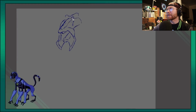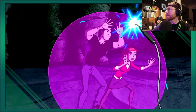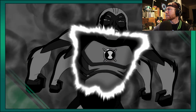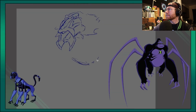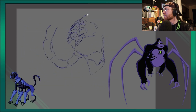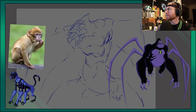Spider Monkey is an all-around pretty useful alien. But when a blowtorch went rogue, we were introduced to one of the most nothing quote-unquote upgrades of the UAF era, and that is Ultimate Spider Monkey. Legitimately, I rank this guy in the same place as the Ultimate Wild Mutt or Way Big situations, where nothing really changed except their design, kind of. Ultimate Spider Monkey, they just replaced the monkey part with the gorilla. Yeah, it just looks like a...